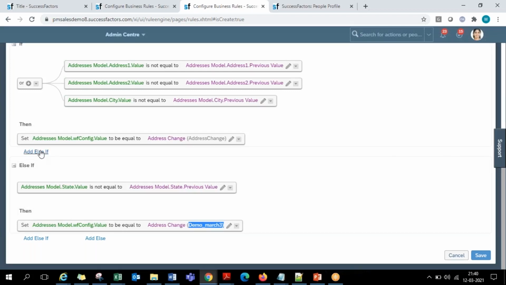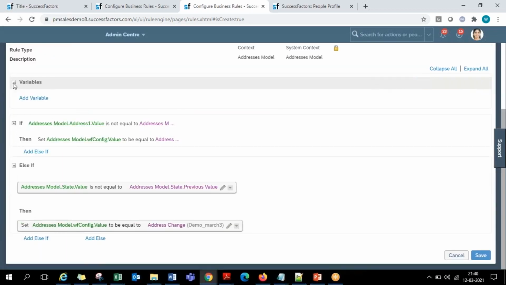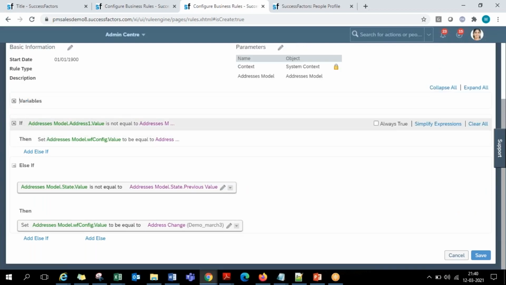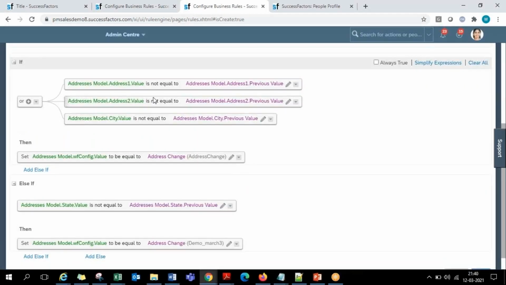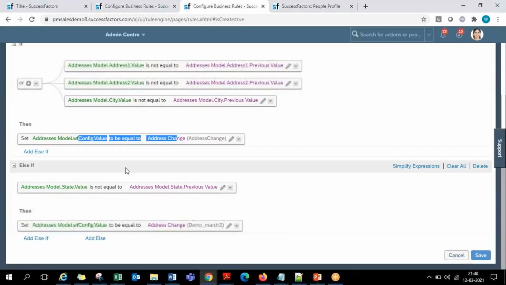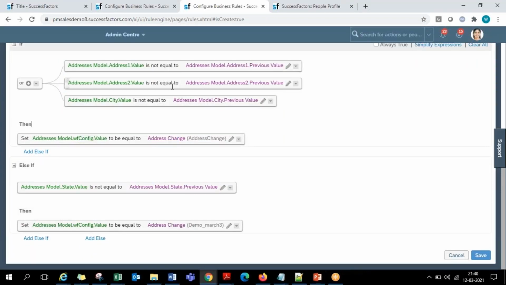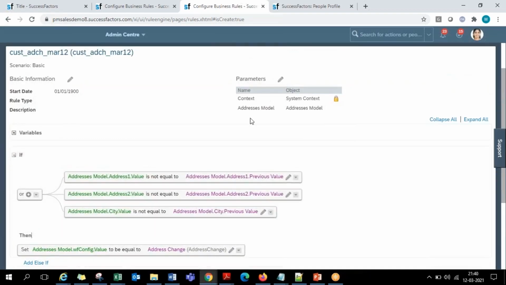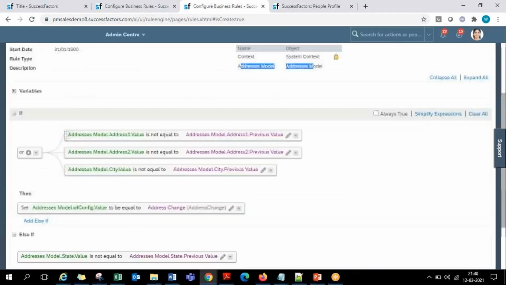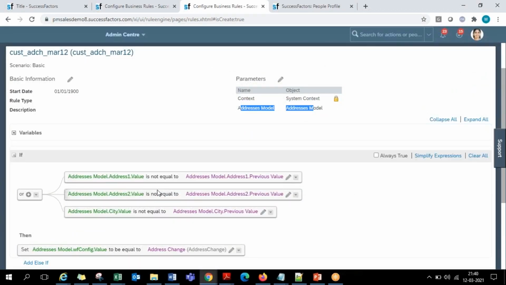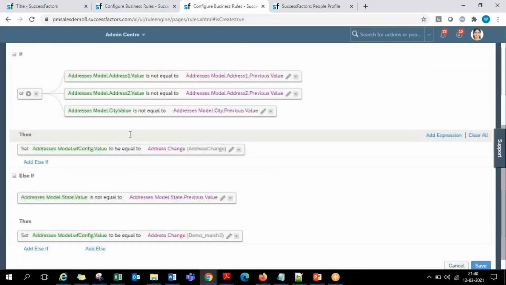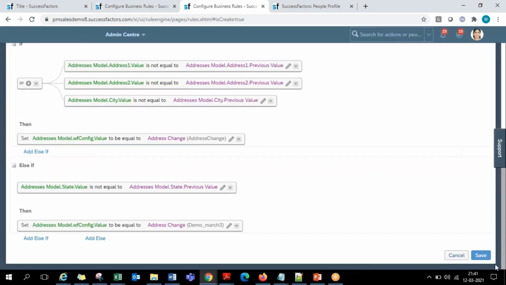So you can keep on writing multiple conditions. Again else if, multiple. If there is any of the conditions satisfied in the first 3 fields level, then this workflow will trigger. If these 3 fields did not change, if the state got changed, then this workflow will trigger, like that. So system will start validating each and every condition in the rule. So this way you can write a rule on whichever portlet you want, choosing that as the base object. When you start to write the rule, all the fields at that portlet level will be coming in this, and you click on save.